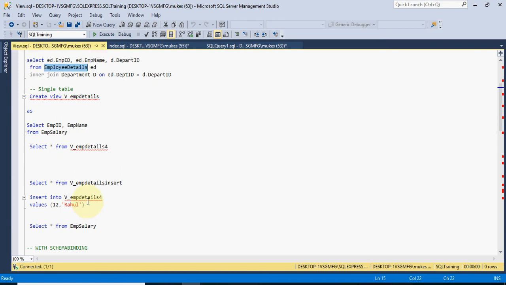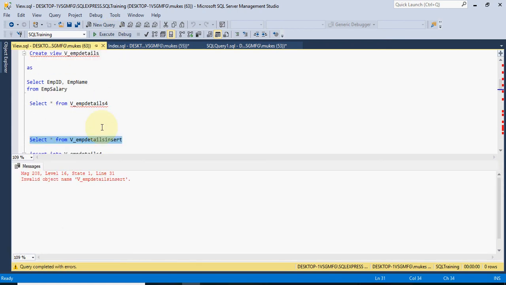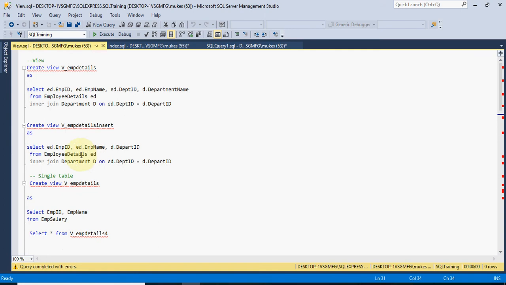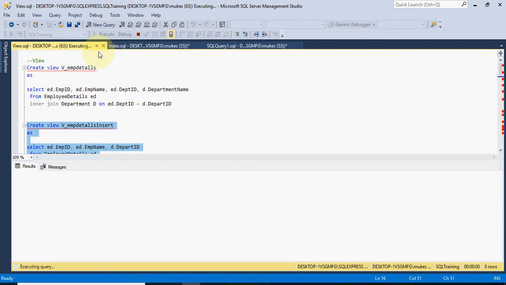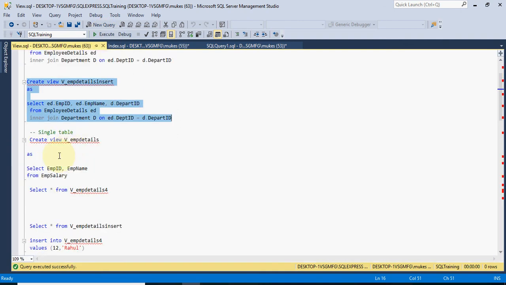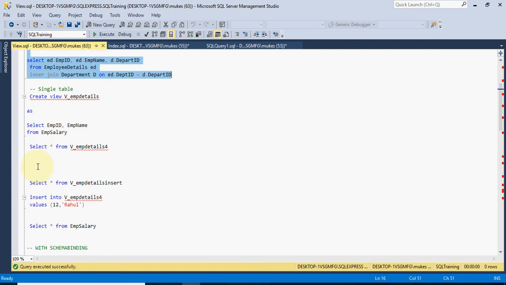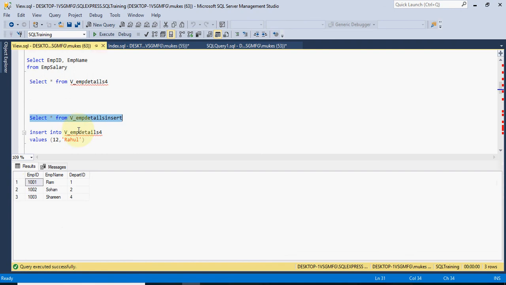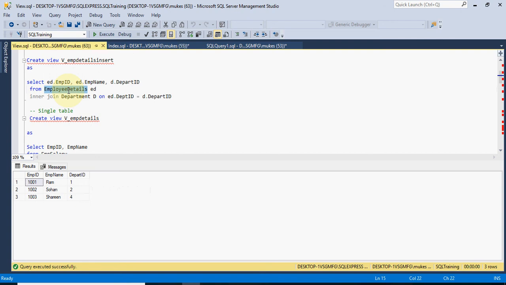So if you try to insert, if you can see, we have employee ID, employee name, department ID, right? So we have the three columns. But if you can see this table,